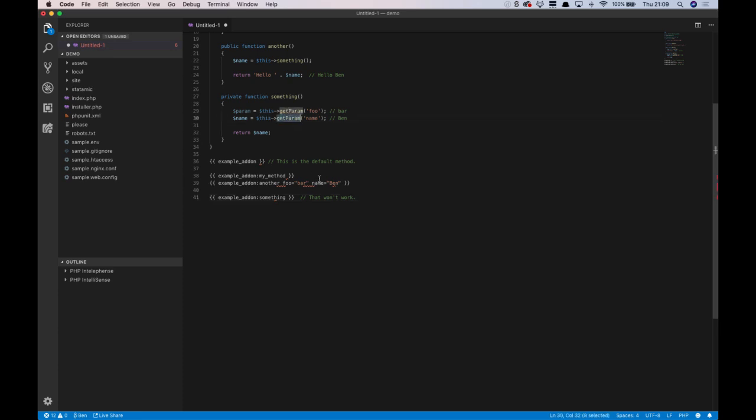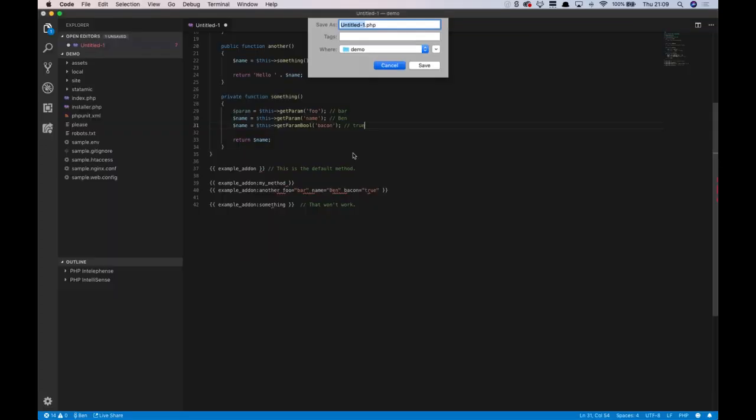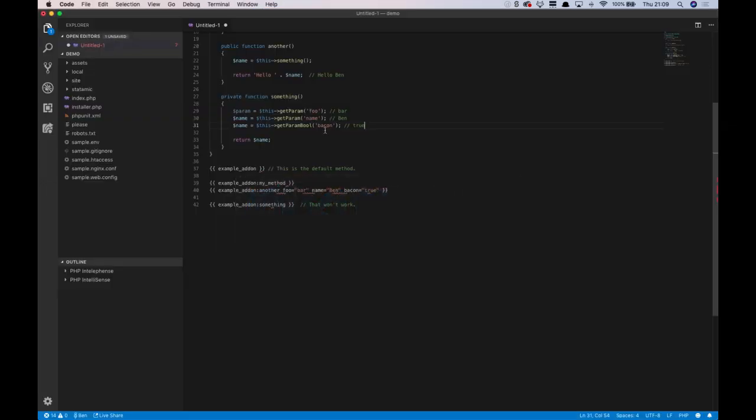getParam. Now, getParam, there's a couple of other types. You could have another one. Let's just keep in true static style and say bacon true, which is of course always the answer. You might have getParam bool bacon, which would return true. I keep instinctively going to save it. That will give you a Boolean return. I think if you were to put that in as 1 or 0, I